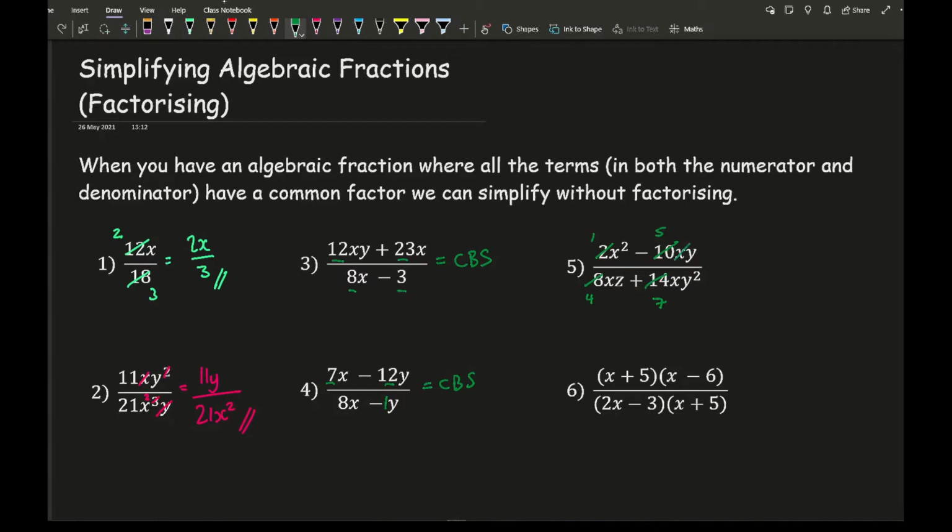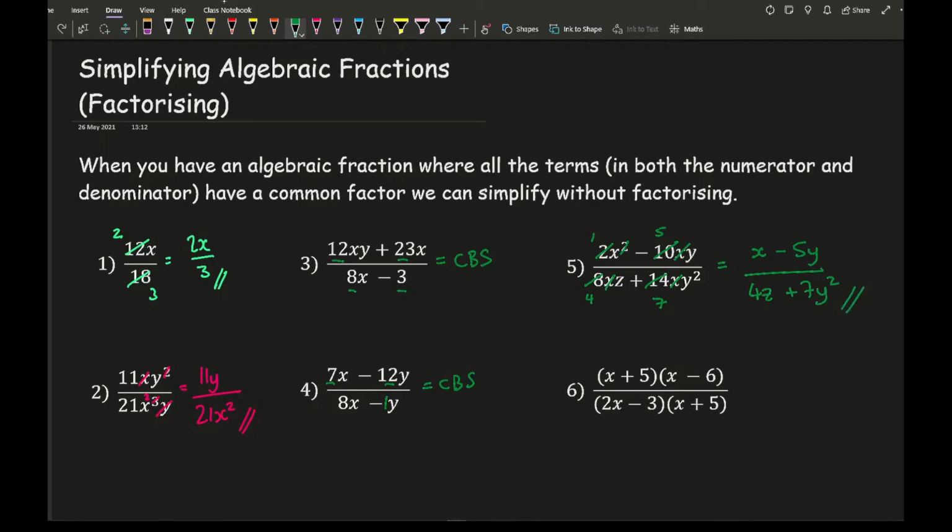So I'm going to cancel 1x from each of those terms, and obviously only these two on the right hand side have got y's, so again I can't cancel y's, and also this bottom left hand corner term's got a z, so there's nothing really I can do with that. So all I then need to do is understand my crossing outs and simplifying and just write down what I've got left. So I've got 1x minus 5y over, and it's going to be 4z plus 7y squared,